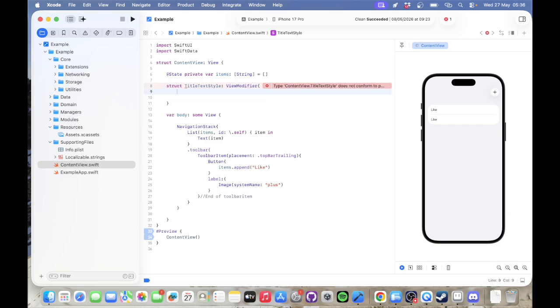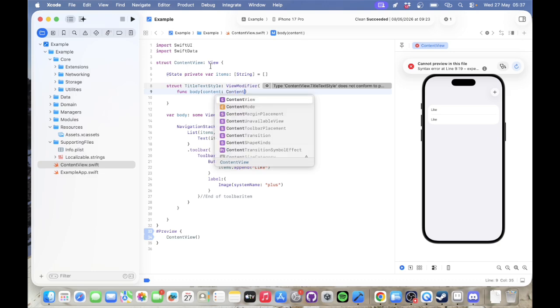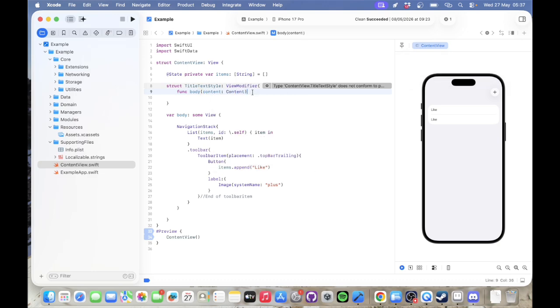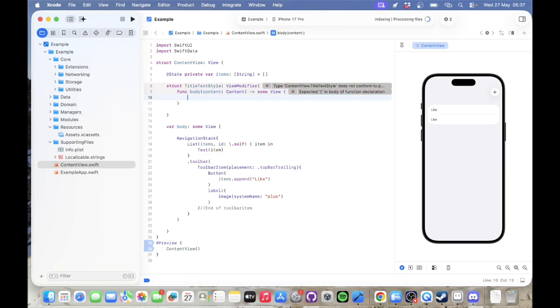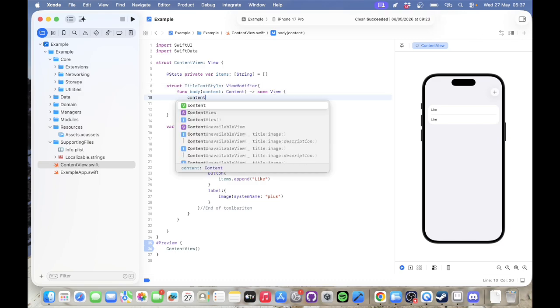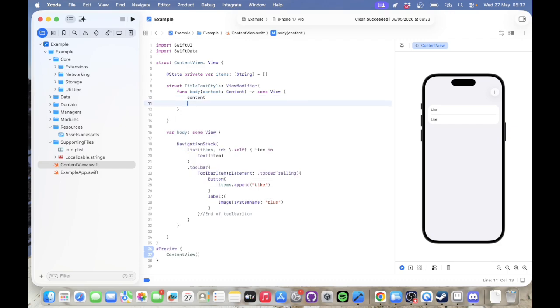Then we type func, as in functionality, body, content: Content, then an arrow with some View, and then we type content, and then we give it all the modifiers we want,